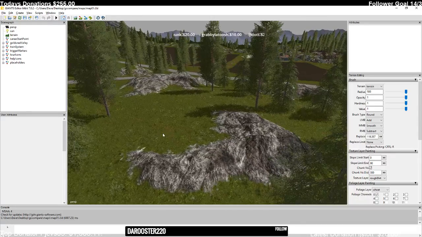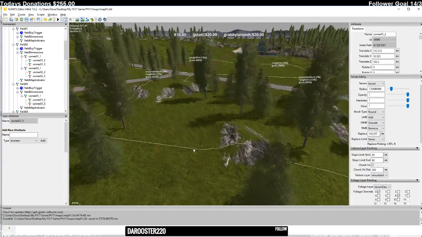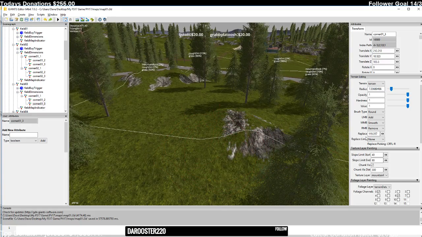So let's take a look from this angle here, and at the original map you could see that what they have done is filled in. It actually looks like there's a lot more compared to mine. Let's check it out. Definitely a lot more coming out, so they probably used a smaller angle at this point. We'll go down to 30